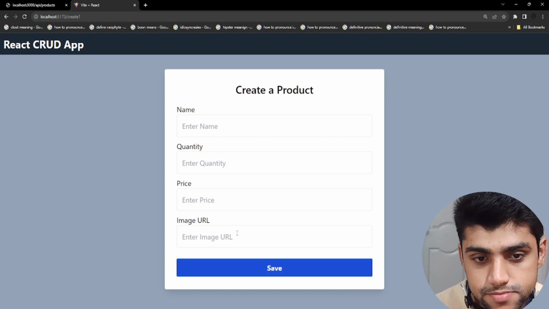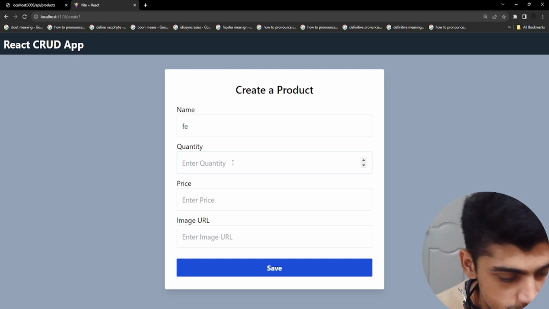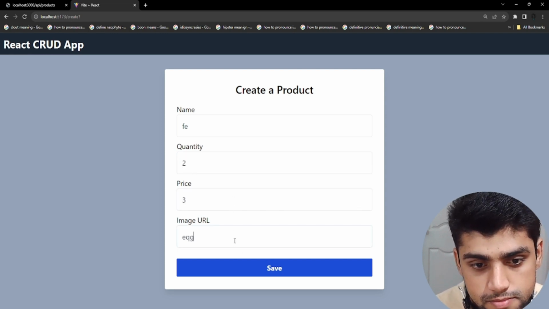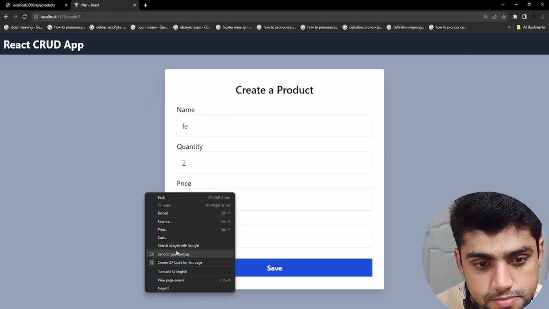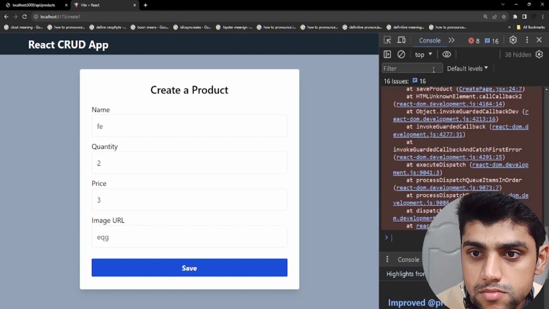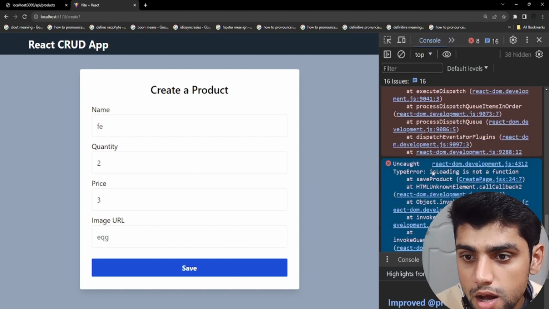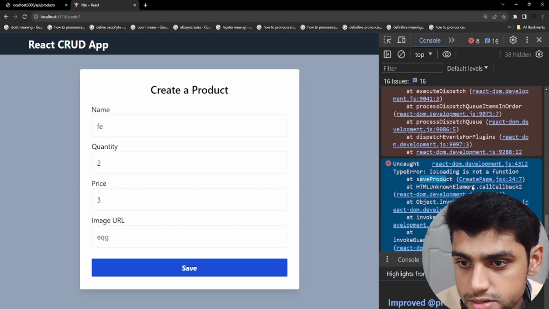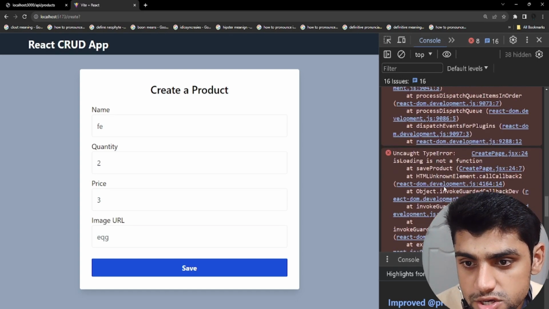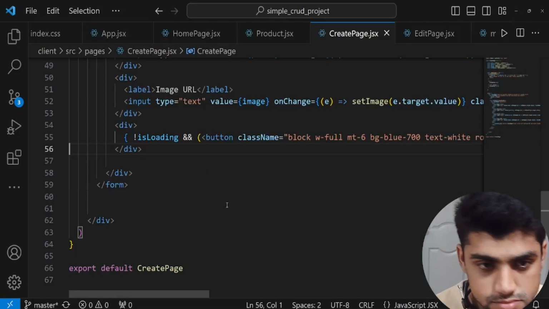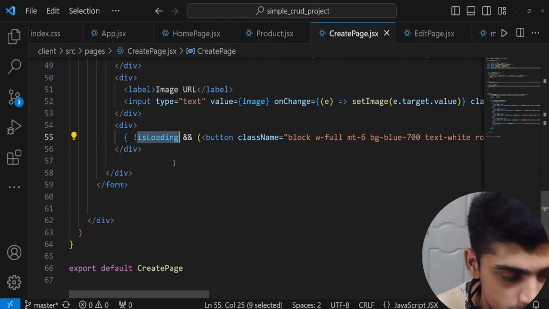Click on this, save. Right now we have to fill in the input fields. Let me just add some input fields. So, inspect. isLoading is not a function at saveProduct. So this is a type error. We'll look into this. isLoading is not a function at saveProduct. Let's see. So isLoading is,